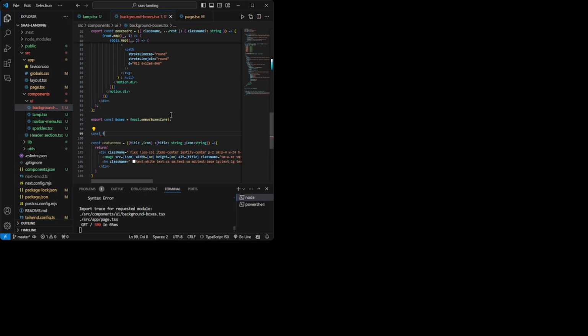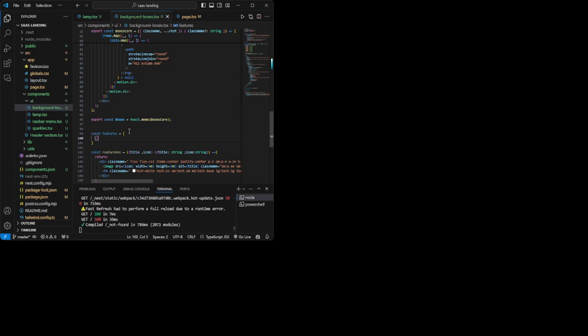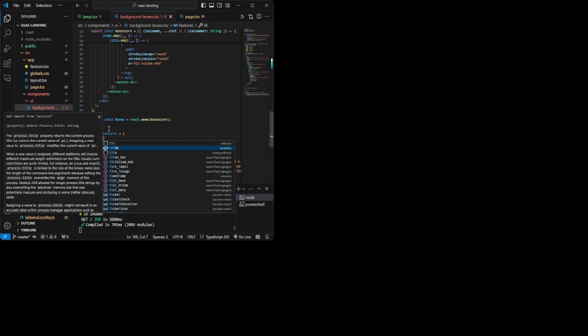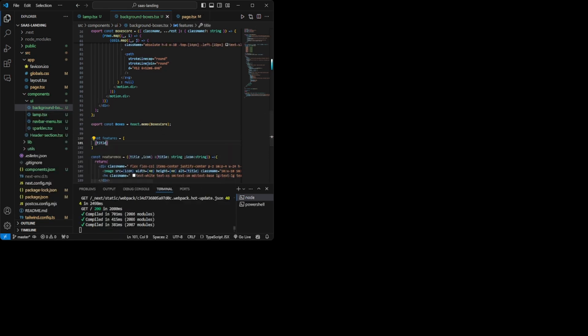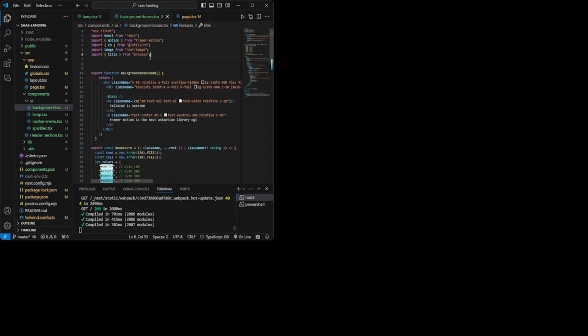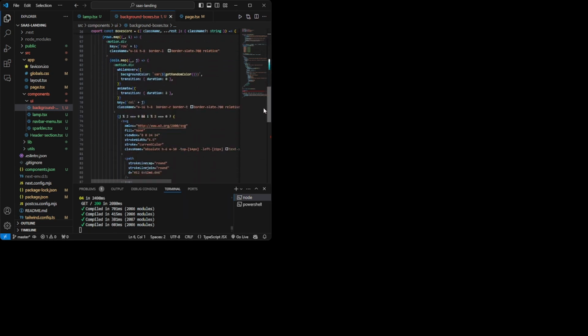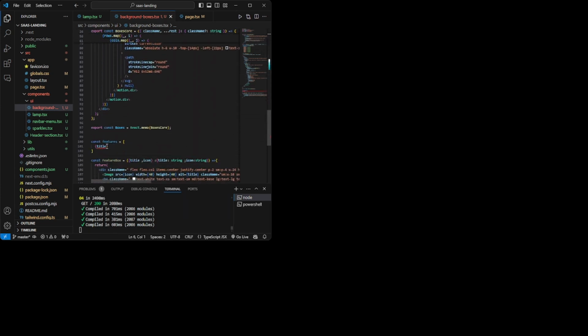So features. Going to give it a title. Okay, something has already been inputted. I don't have to choose from the drop down if you're giving the variable names on your own.